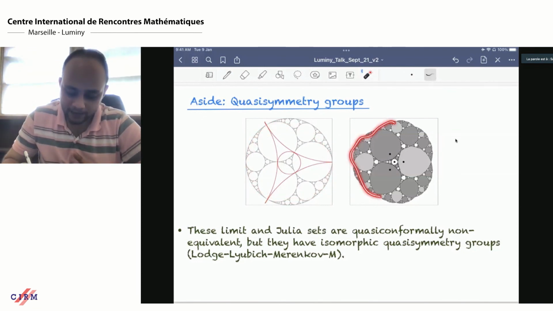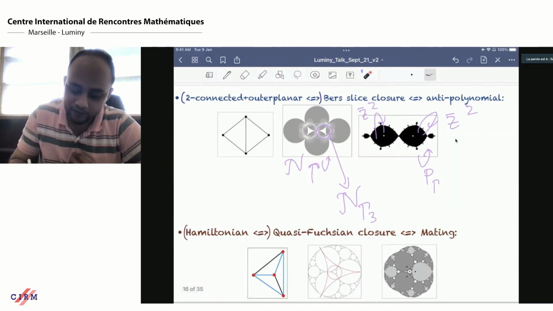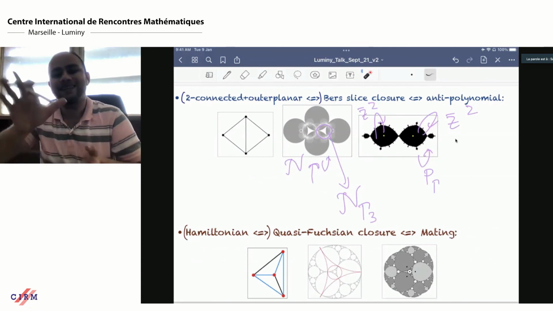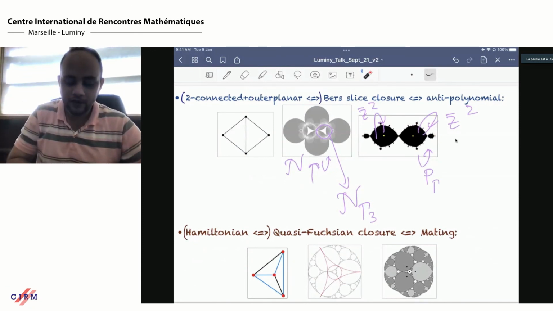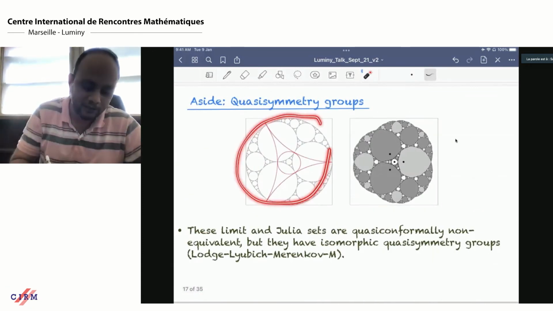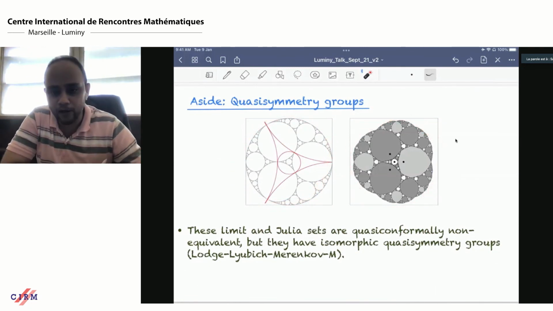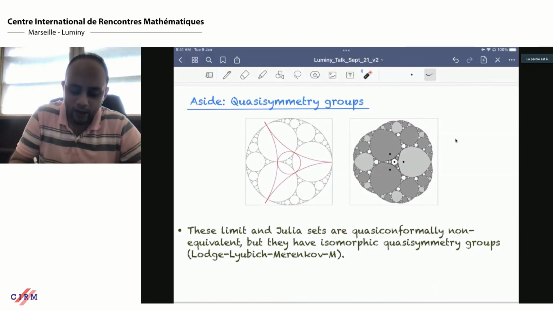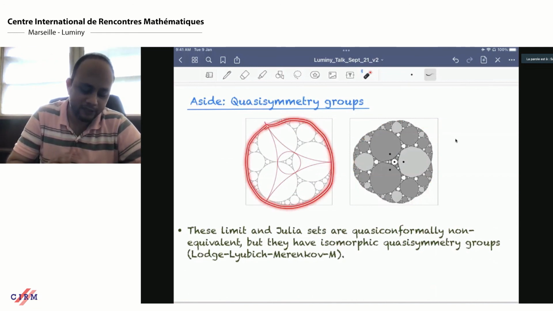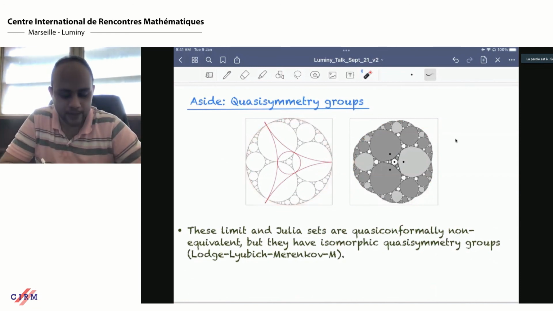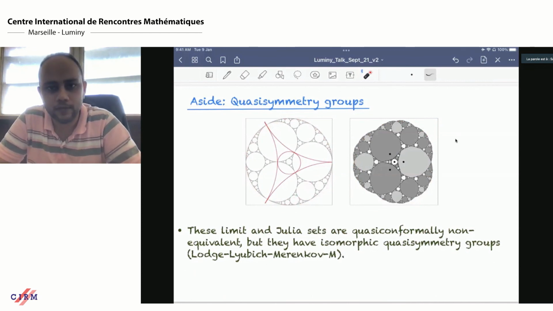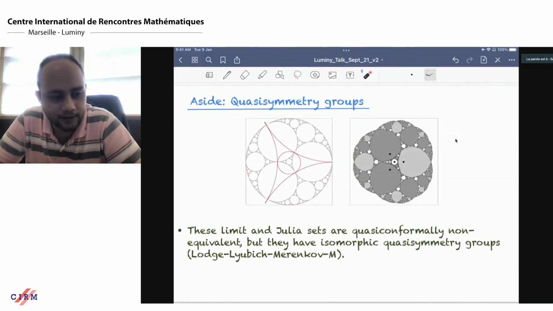Similarly, this picture is a mating of 2 polynomials. In fact, this picture is a mating of this polynomial with itself, maybe a vertical copy of it. The fact that this is a combination of 2 groups automatically tells you that this is also a combination of 2 polynomials. Which polynomials this is a mating of can be explicitly understood from the geodesic laminations that you need to pinch in order to get the limit set of this group. Is this what you asked?